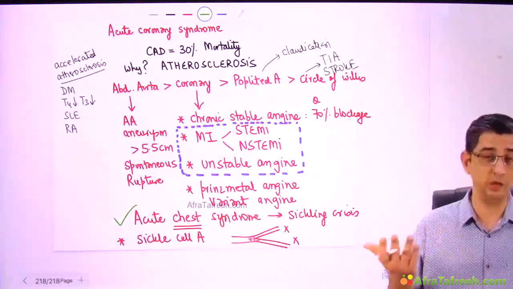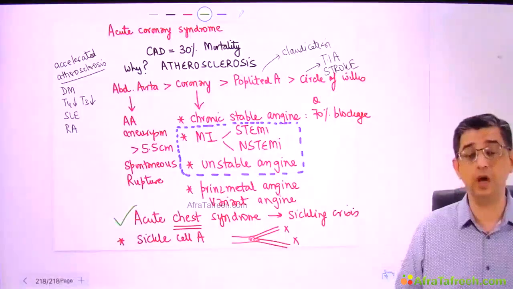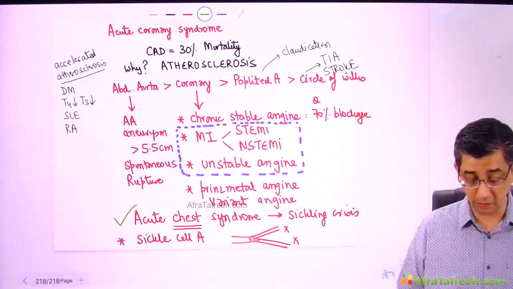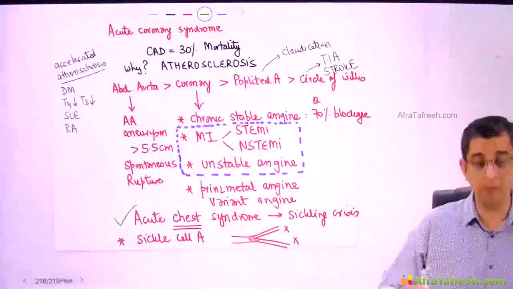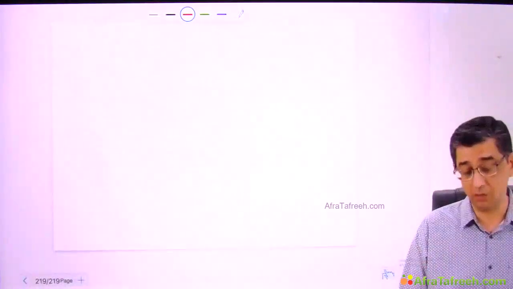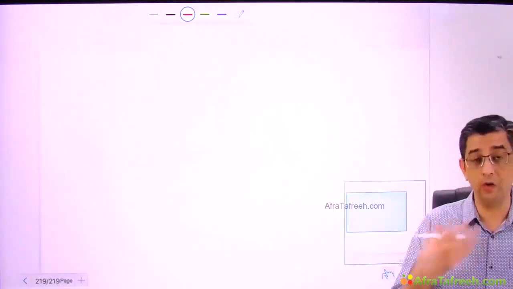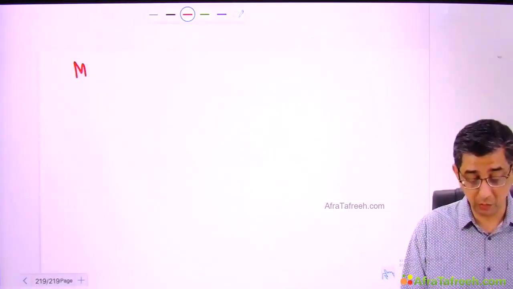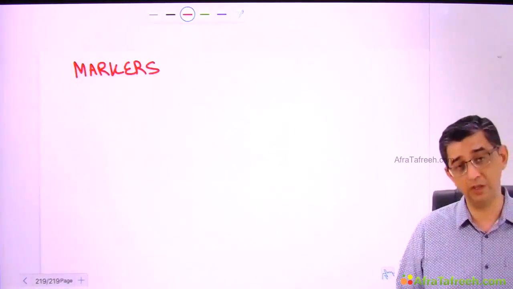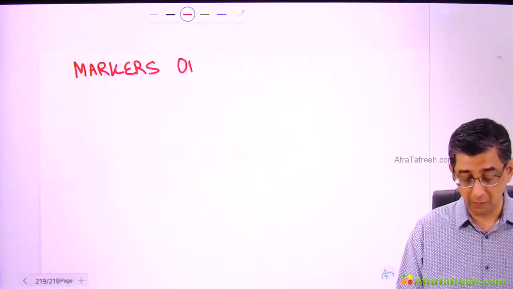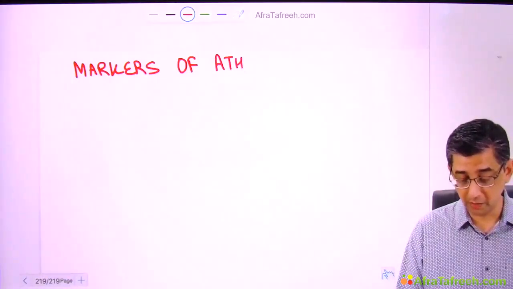Now, as they say, there is no point crying over spilt milk. So, are we in a position to identify atherosclerosis before it has caused such bad prognosis, before it has caused all these problems that I've discussed? Yes, we do have some tests available, and we as doctors are always in search of those special markers which will help us in early identification of the disease. So, I'm now going to teach you regarding markers for atherosclerosis.